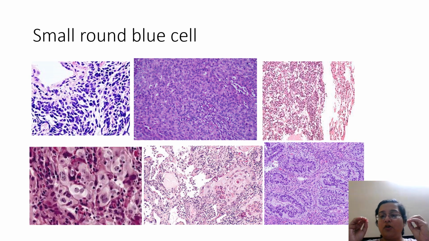Except for the small round blue cell tumors, the carcinoid tumors of the lung also can be small and round, and they can be of other types also morphologically. They present like a buttonhole tumor near the tracheal opening. They are like a button and very well demarcated in the center, in the midline of the X-ray. You're going to get that even in the CT. Apart from that, rest all tumors are vague, spreading masses.